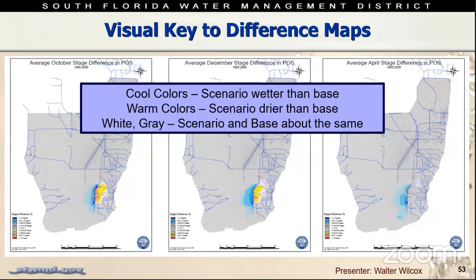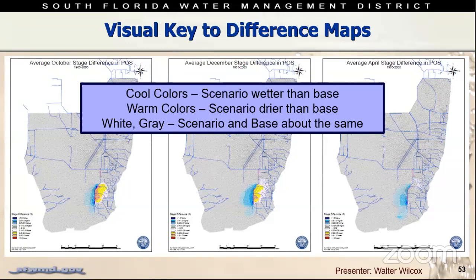So I'm going to start with some difference maps, and this is just a key to the difference maps. Again, these come out of the RSM model, and we're going to zoom in on that southeastern area where you see all the colors showing up along the areas where we're looking at implementing these curtain walls. But just to give you a code for how to read these maps, if you see colors that are in the cool range, so the lighter blue moving to darker blue, those indicate that relative to a condition